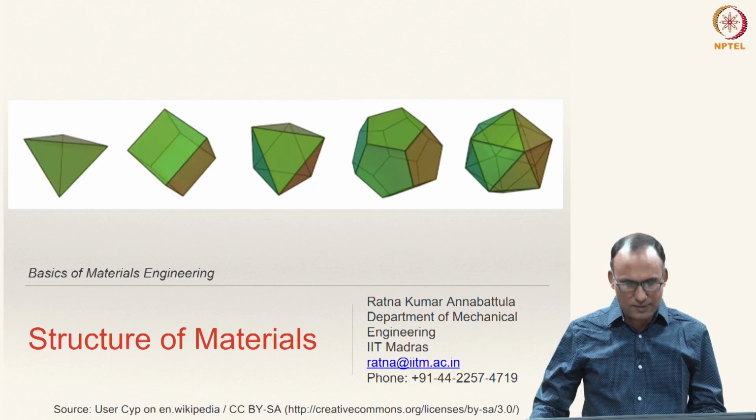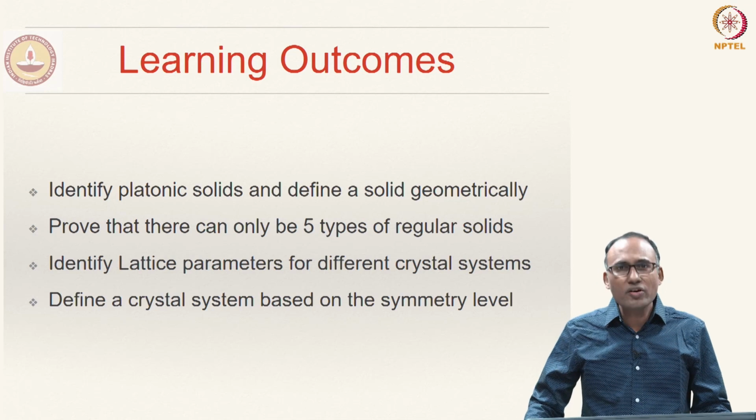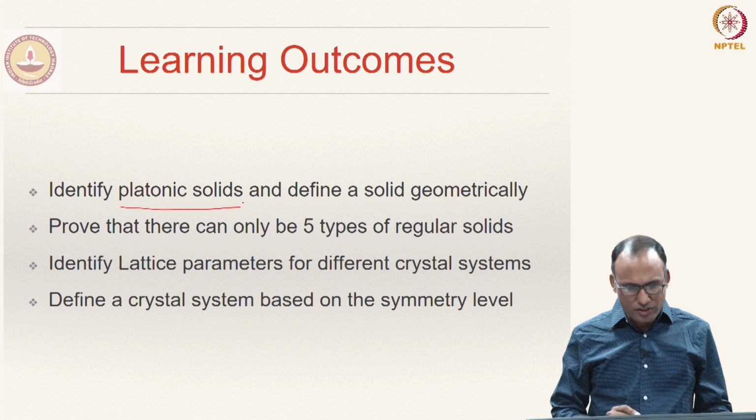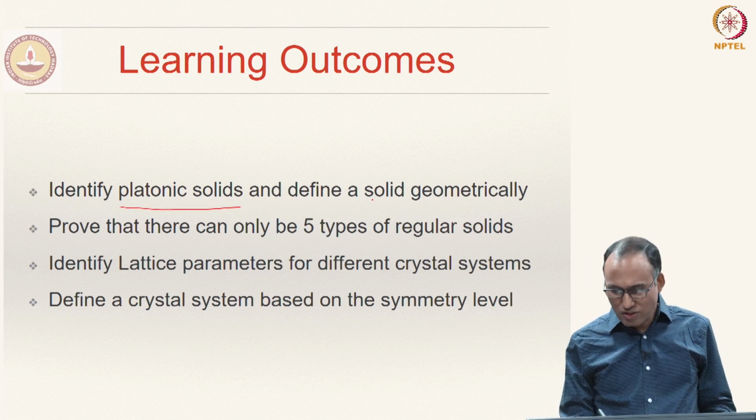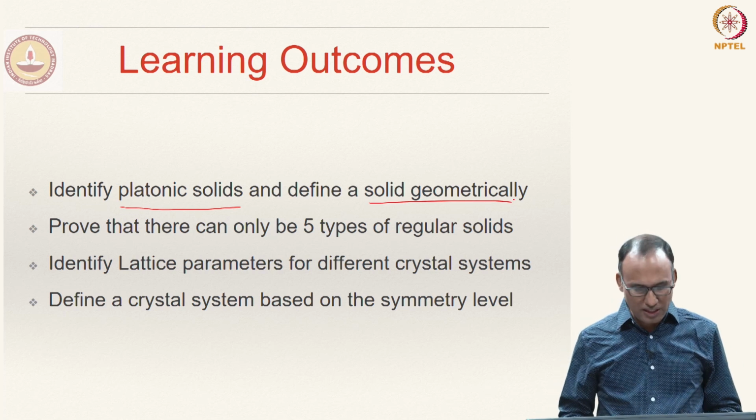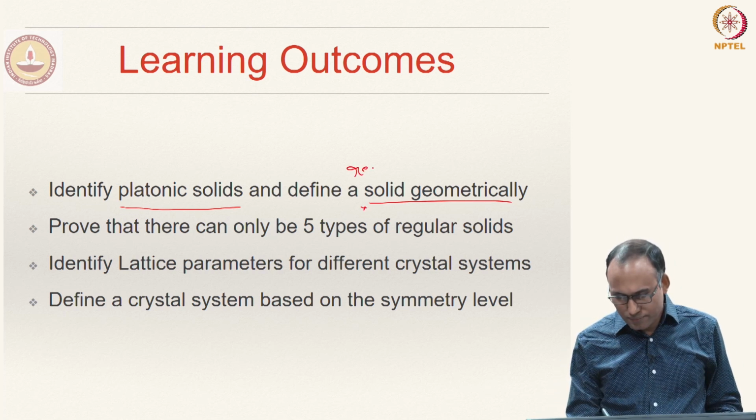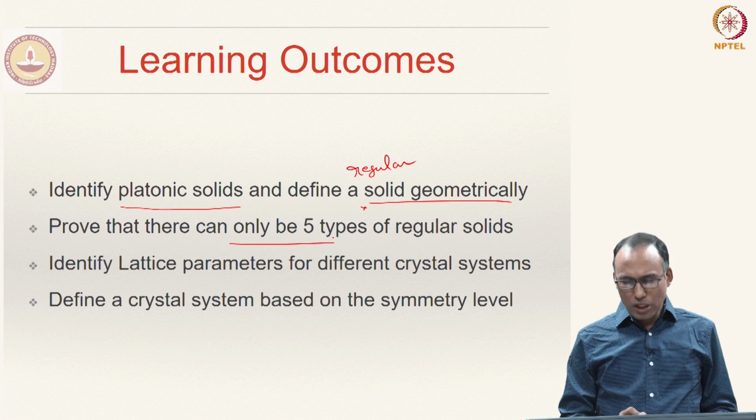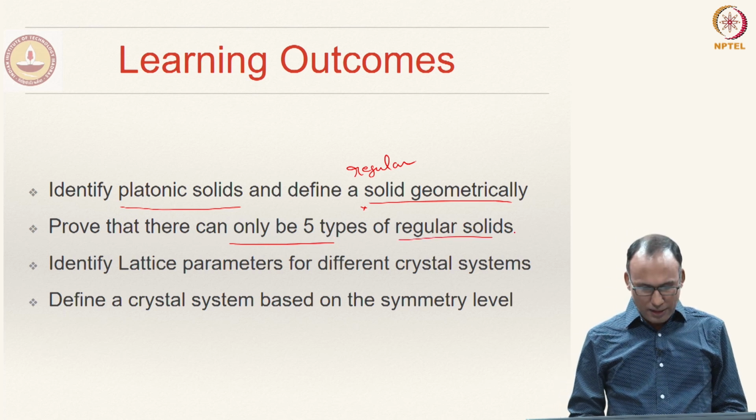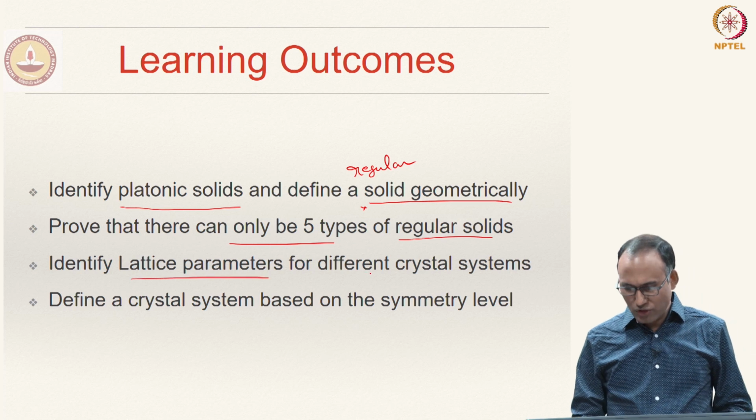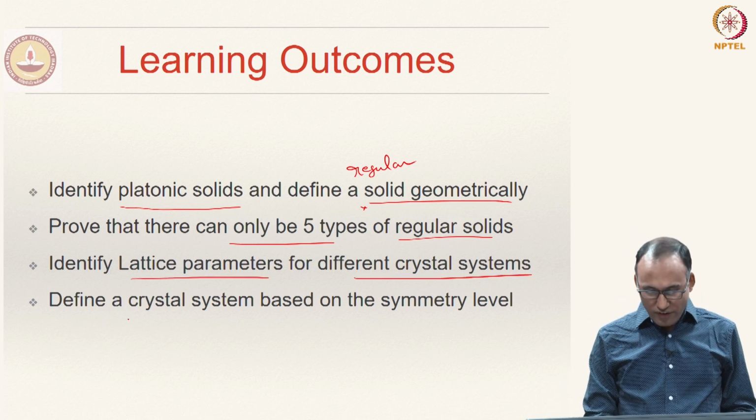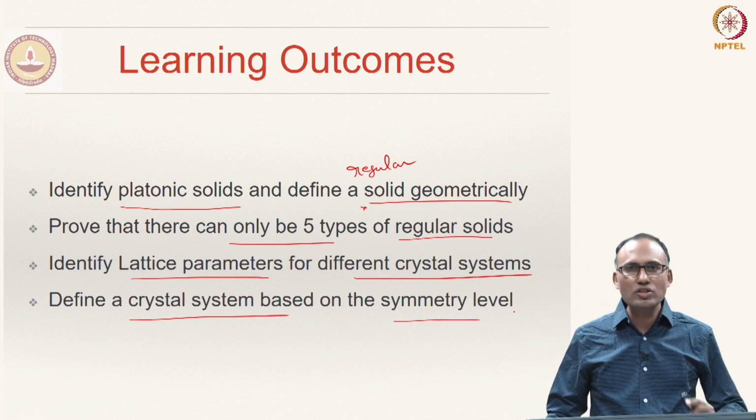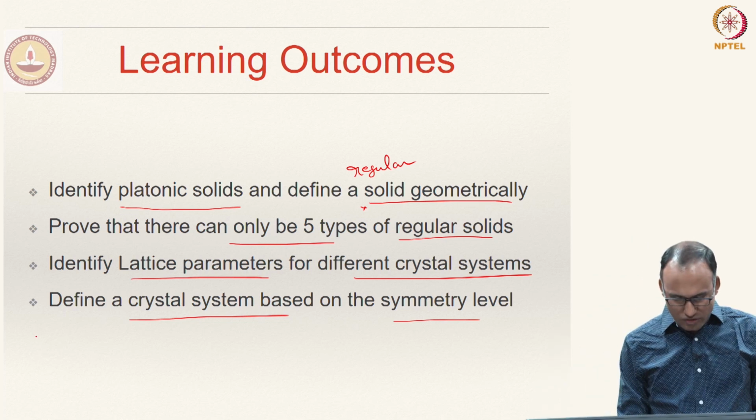rise to certain properties. So, the learning outcomes of this module are: we should be able to identify and define something called platonic solids, and define a solid geometrically. What is the definition of a regular solid, and prove that there can only be 5 types of regular solids. Then we should be able to identify lattice parameters for different crystal systems and define a crystal system based on the symmetry level. So, these are the 4 learning outcomes, and then we should also be able to define something called